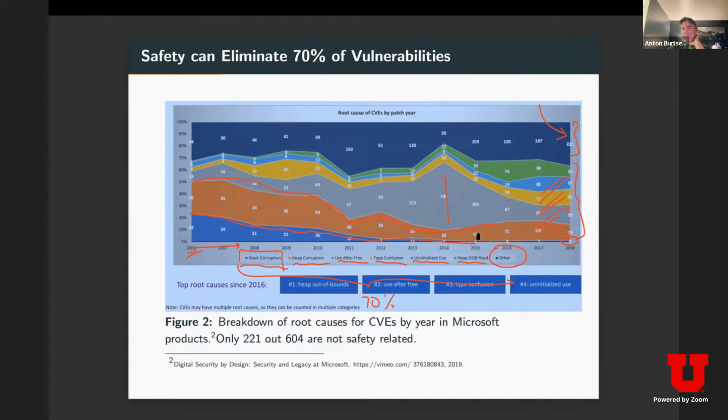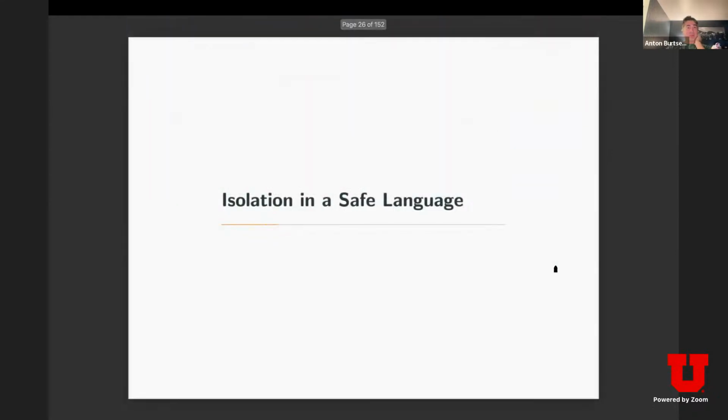But obviously, other classes of vulnerabilities will disappear, right? That's great. So Rust can get your programs, your systems. If you simply rewrite your kernel in Rust, it will have 70% less vulnerabilities, but still will have this 30% others, right? But anyway, what I'm talking about today is not just Rust and the idea that you